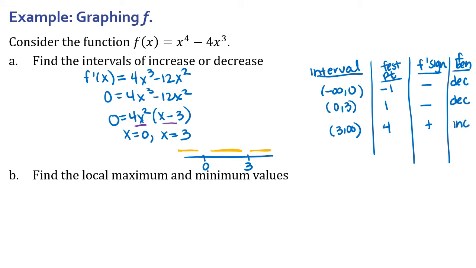If we're looking for where local maximum and minimum values happen, we ask where the function changes from decreasing to increasing or increasing to decreasing. So where does that first derivative go from negative to positive or positive to negative? You can see that only happens right here, where we change signs, at x equals 3. At x equals 3, the function is decreasing, so it's going down. Then for numbers larger than 3, on the right side of 3, it goes up. It's an increasing piece. So that means we have a local minimum